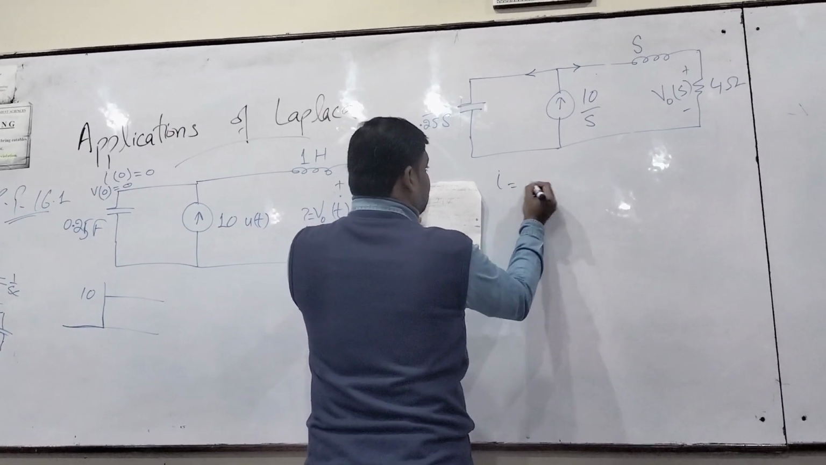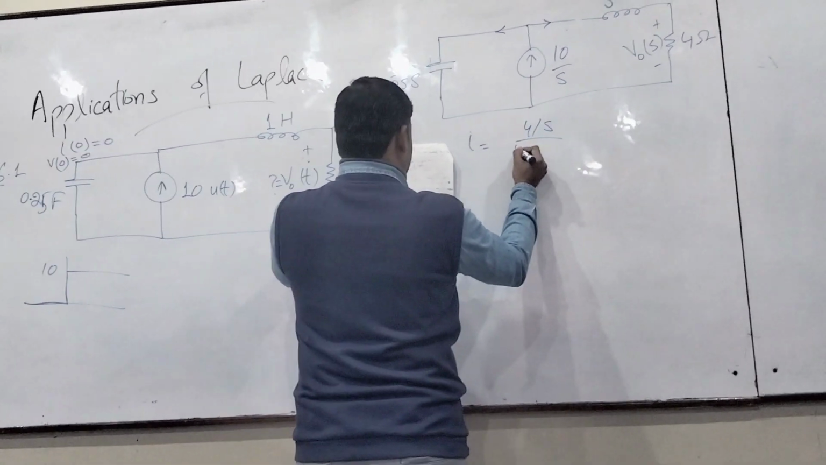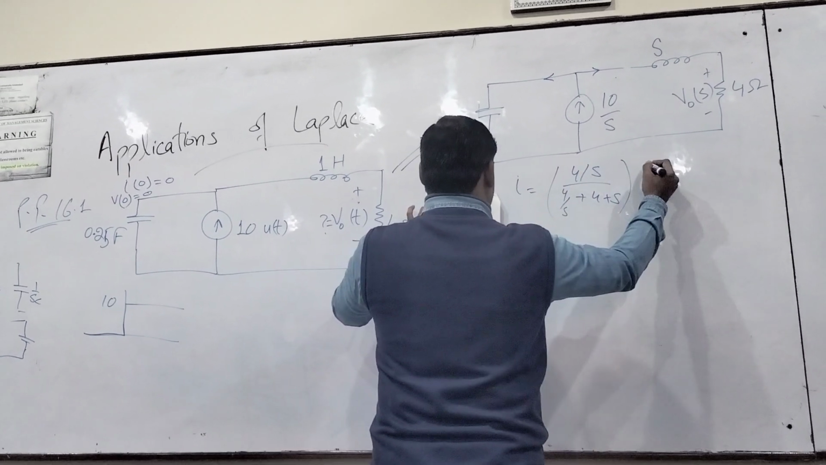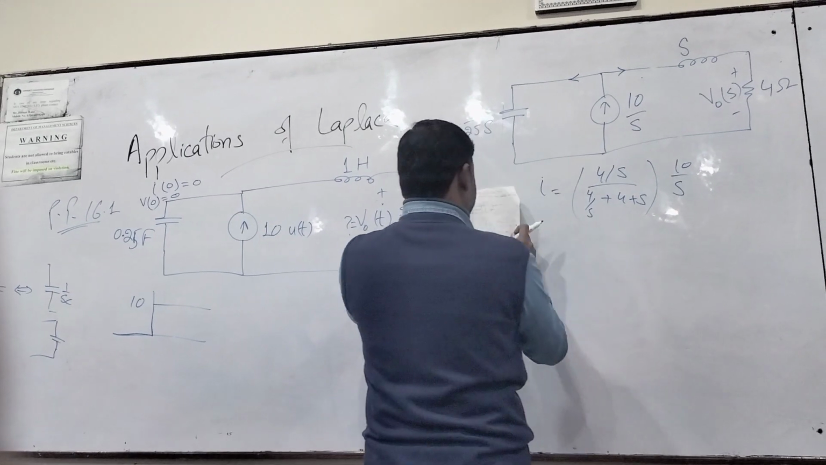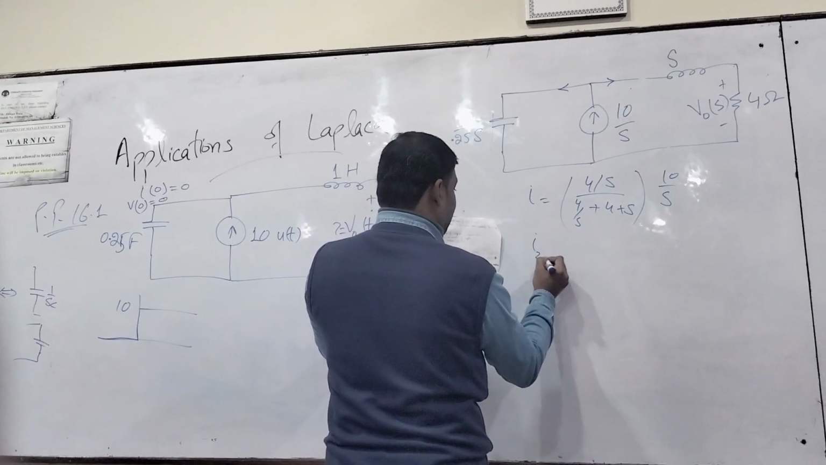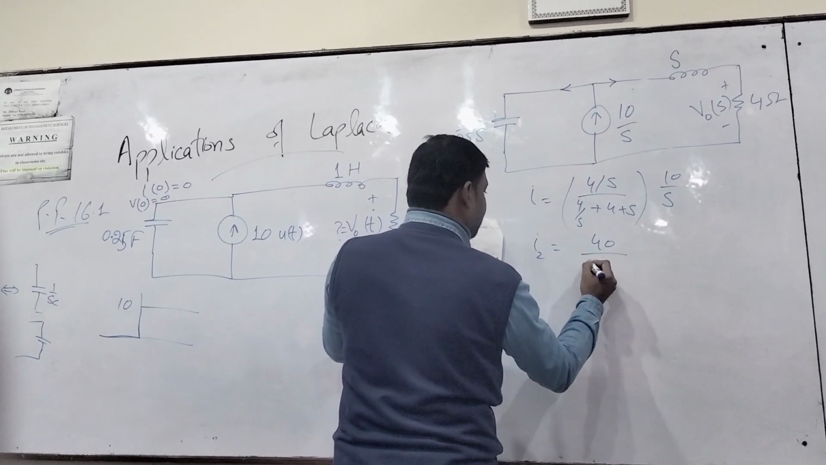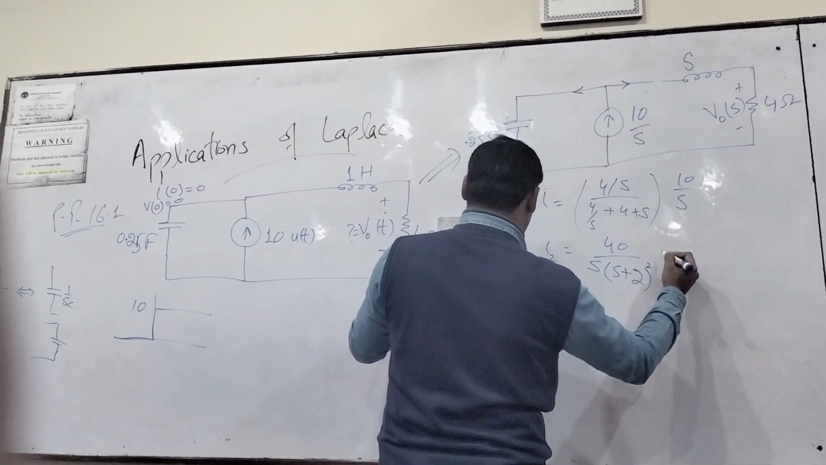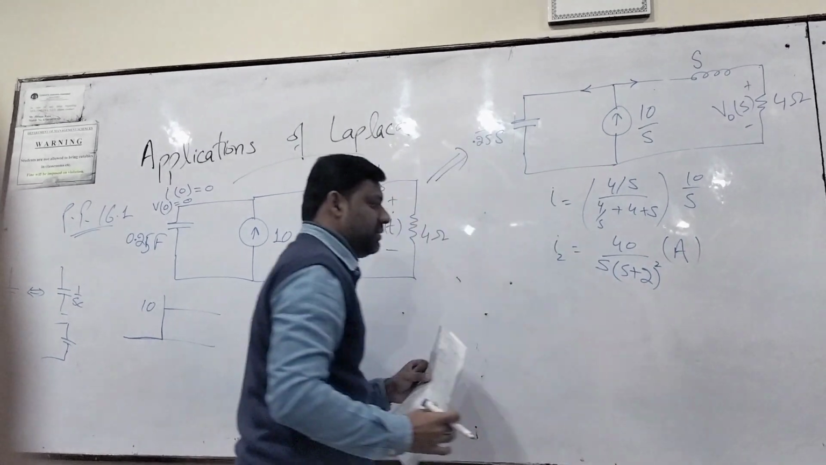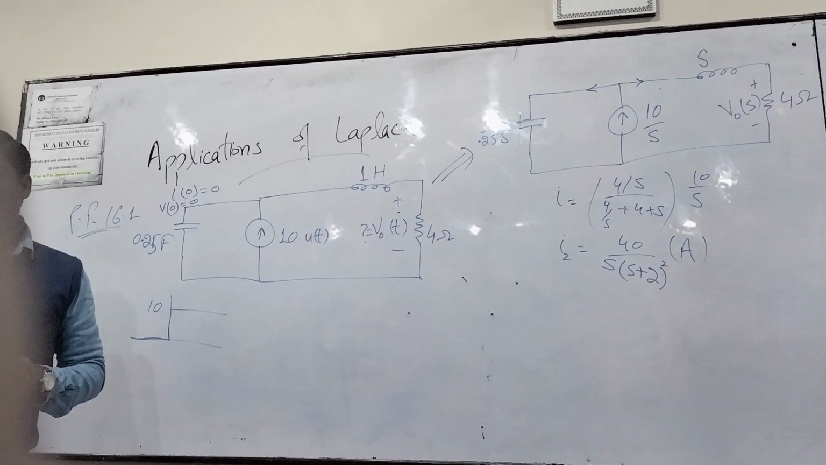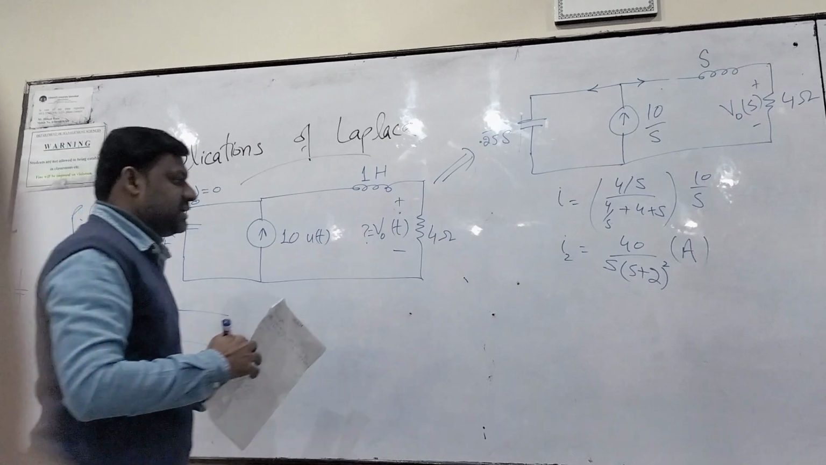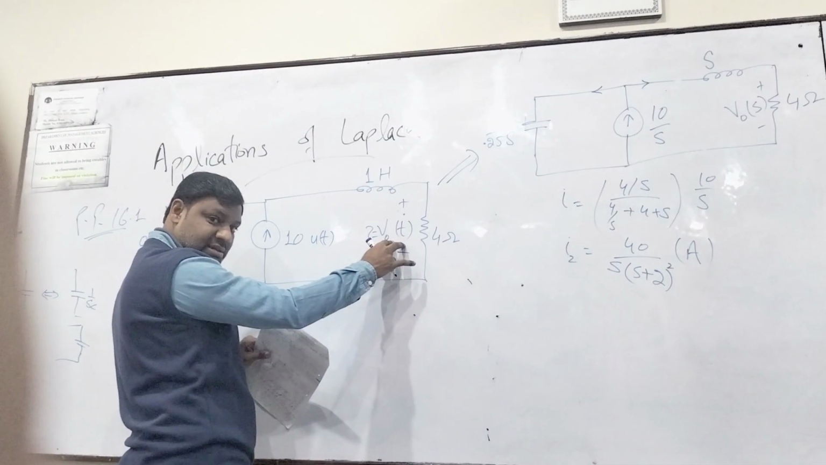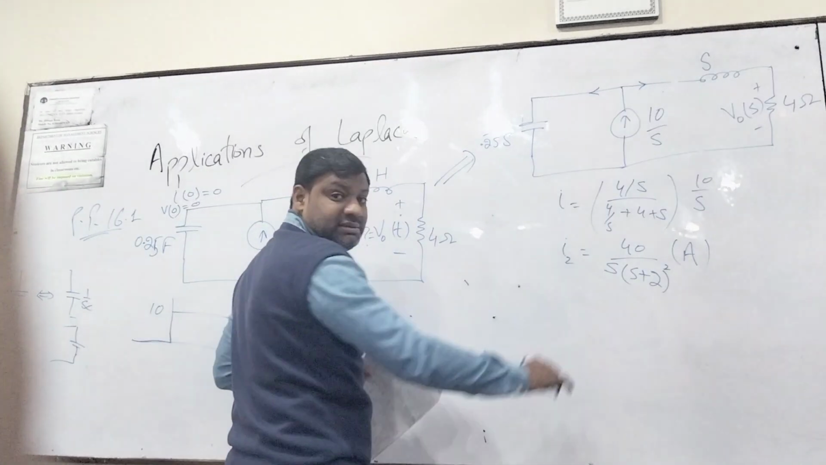The current is equal to 4 by s, 4 by s plus 4 plus s. When you solve that, you will find 40 divided by s. Repeated pole. Yes, sir. So, as you have to provide the solution in the time domain, you have to make